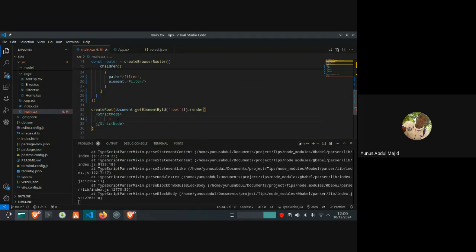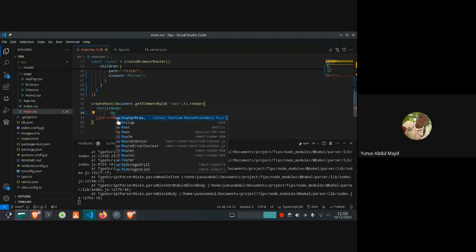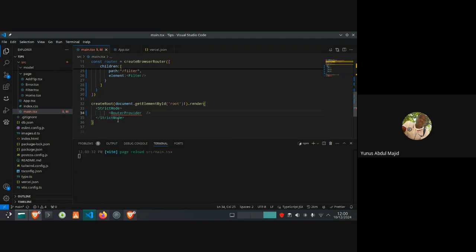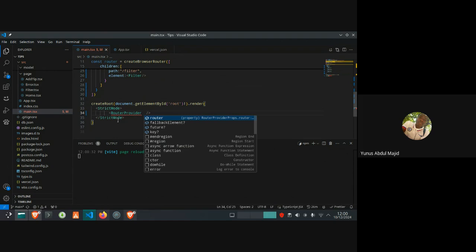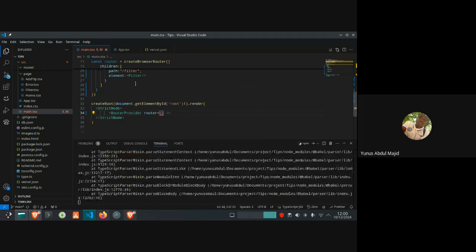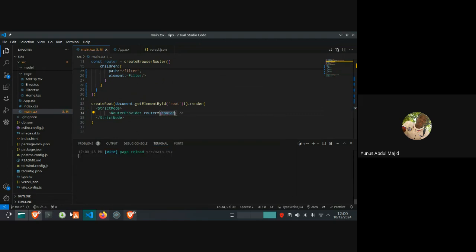So the name is RouterProvider, and it receives a prop called router, which will pass the router that we created. So let's check our folder.